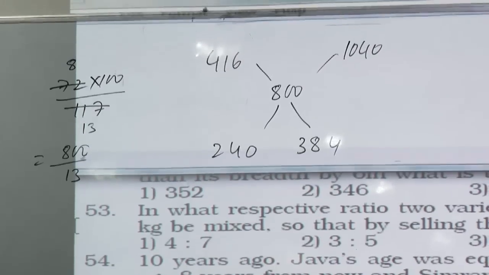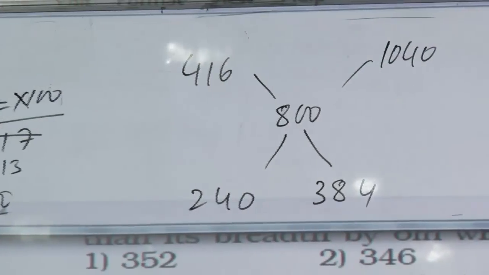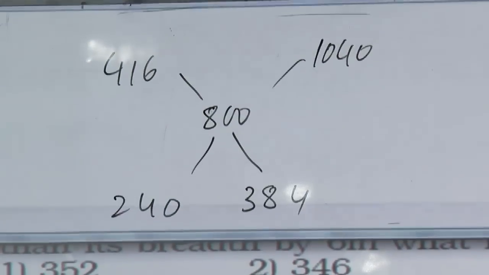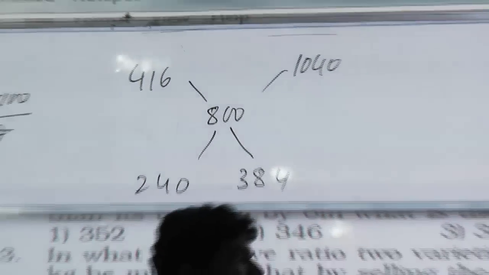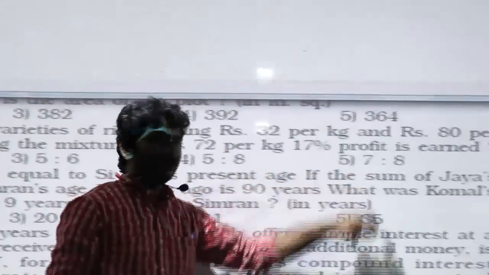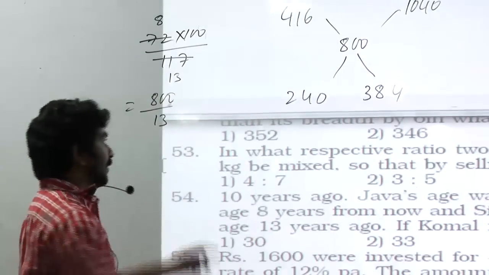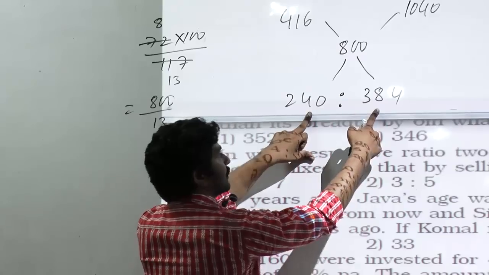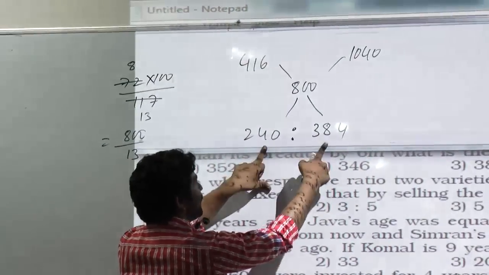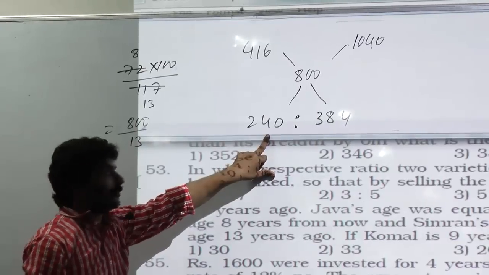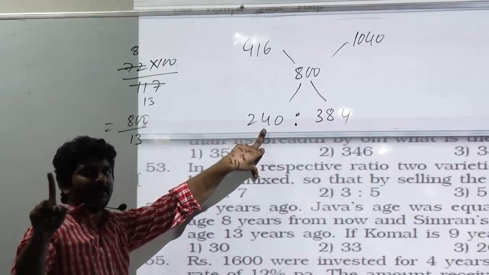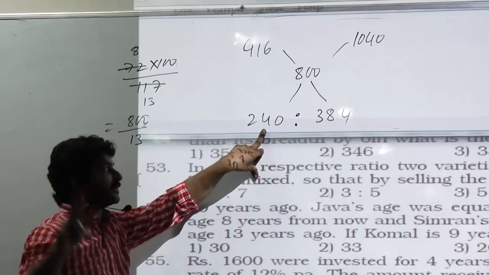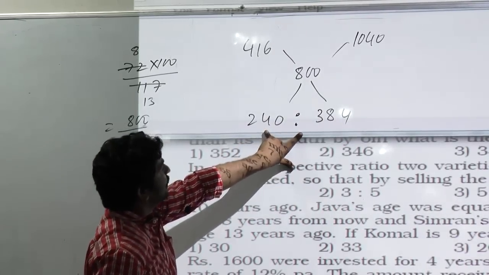Cancellation. Look at your options. Options are very close to each other. What is the difference here? Like 3 parts. Difference here, here, and here. So the difference should be either 1 part or 2 parts or 3 parts max. What is the difference between these two numbers? 1. Is it a 144 multiple? Is it a 144 multiple? So the difference cannot be 1 part. Let me take 2 parts. How much is the difference? 144.